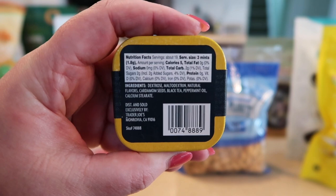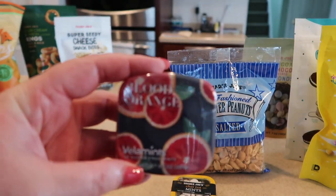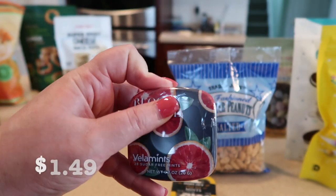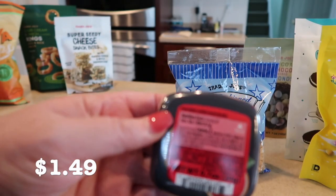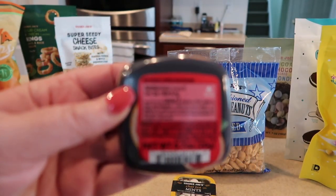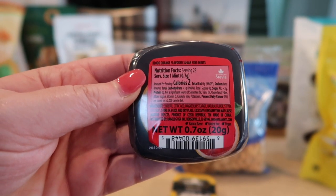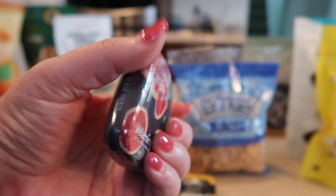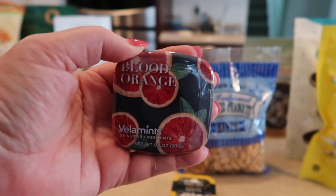Here is a shot of the back of the mints. So good. The blood orange mints are new to me. They are in a tin that slides up and down to open and close. They are also really yummy. I can't believe I haven't discovered them before now, but I enjoy them. They are blood orange sugar-free mints, and their brand is Velements, and if you know from back in the day,